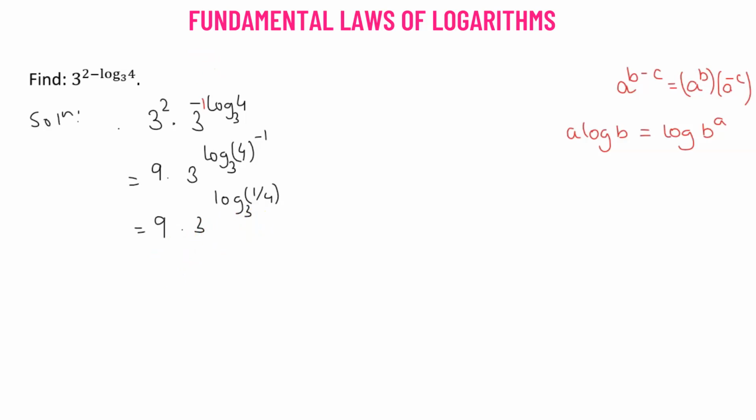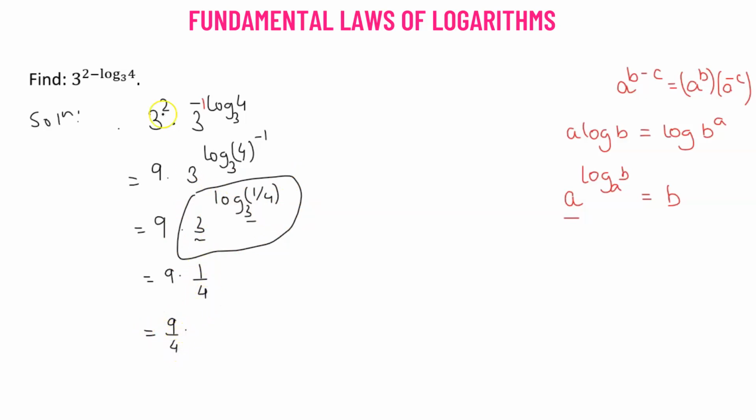Now we will use another property of logarithms: if we have a raised to the power of log of b with a base of a, that means if the base of the logarithm and the base of the exponent are both equal, then this is equal to b. In our case, the base of the exponent is 3 and the base of the logarithm is 3, so they are the same. So we can rewrite this entire expression as equivalent to 1 over 4. That means the value is going to be 9 over